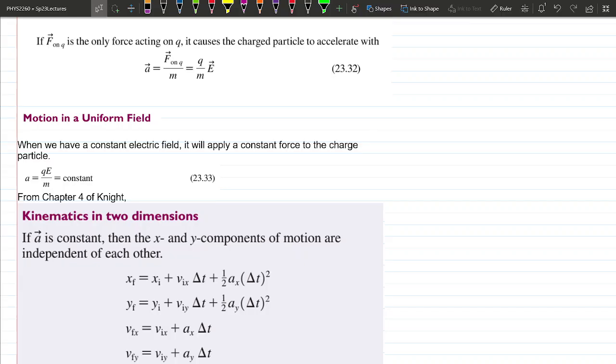Now that you can calculate force, let's go to the left-hand side here. That will allow you to also calculate the mass times acceleration of that particular object. So if you know the mass, the charge, and the electric field, you can calculate exactly what the acceleration is. And now that you can calculate the acceleration, we're going to jump back to Chapter